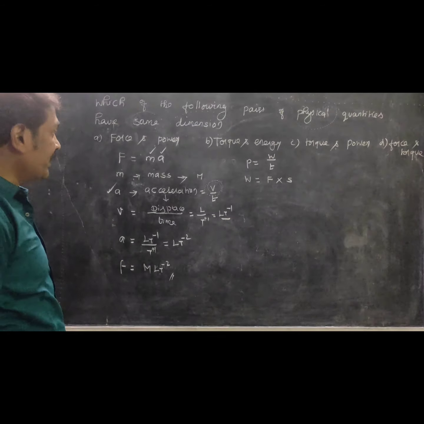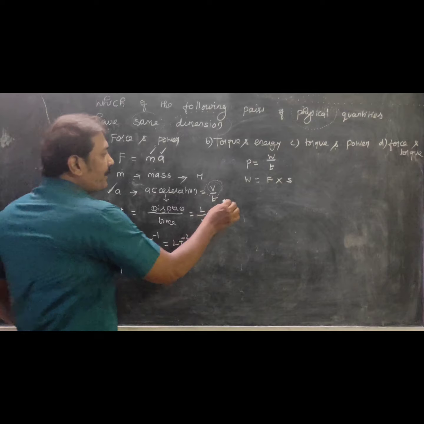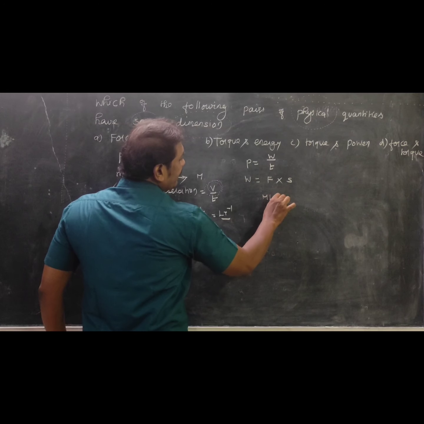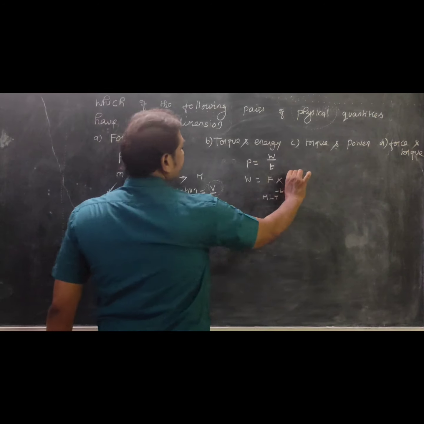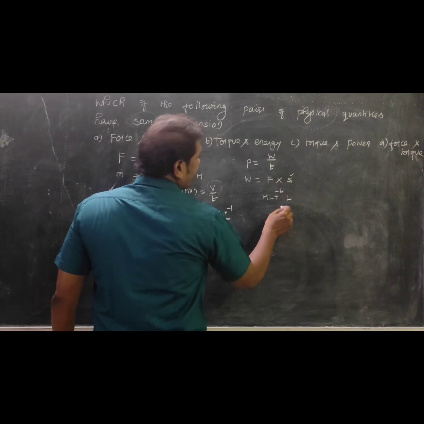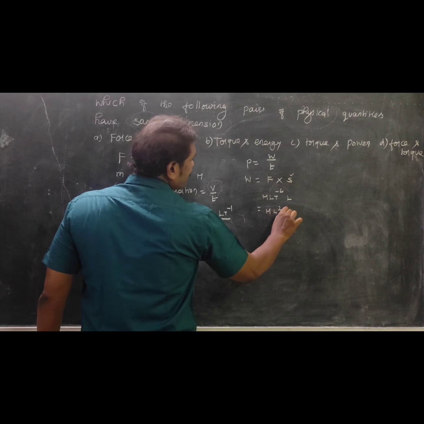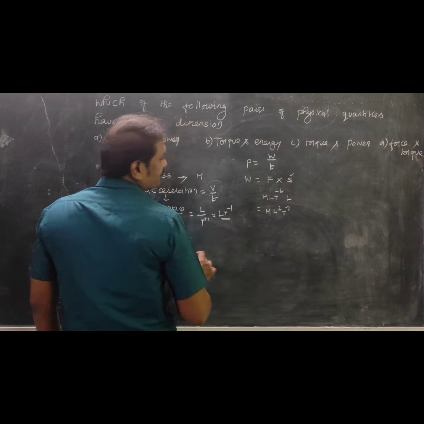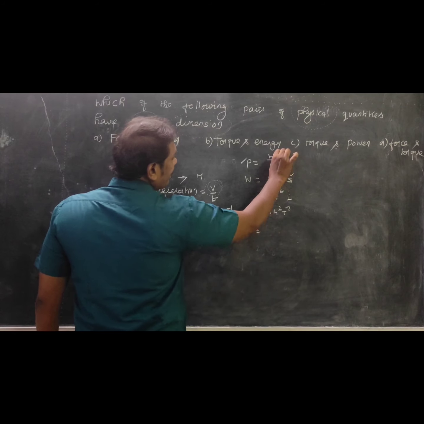The beauty is that we already found force, M L T power minus 2, into displacement, which is L. L into L is L squared. So M L squared T power minus 2. Now you can go for power: power equals work done